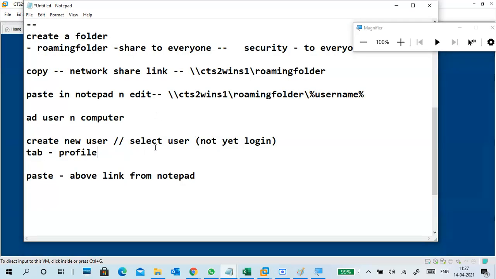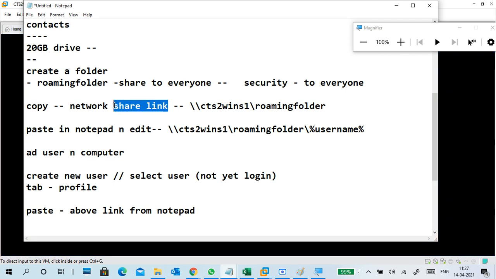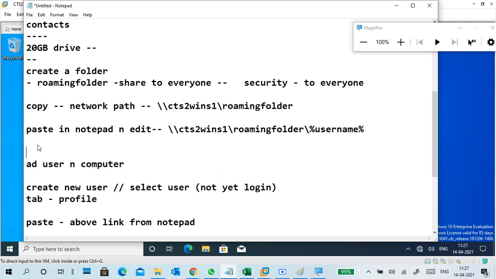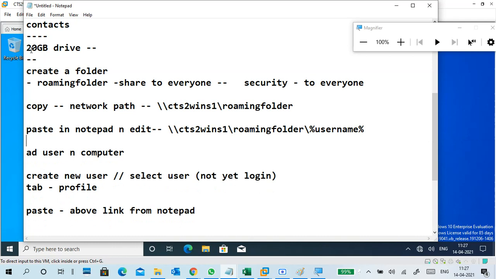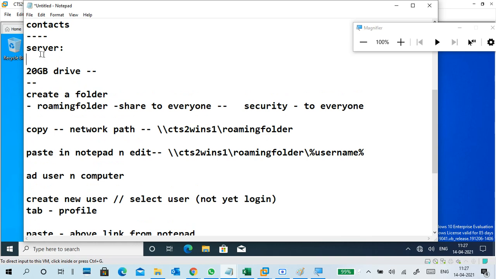Copy the network path and paste it in Notepad like this. Everything we do in a server only. It's the domain controller only.